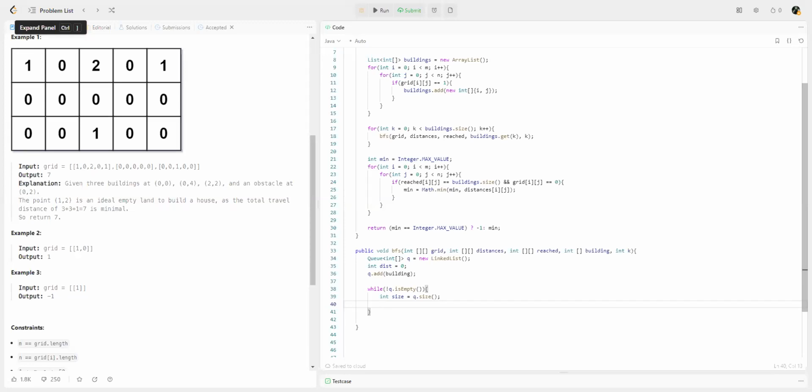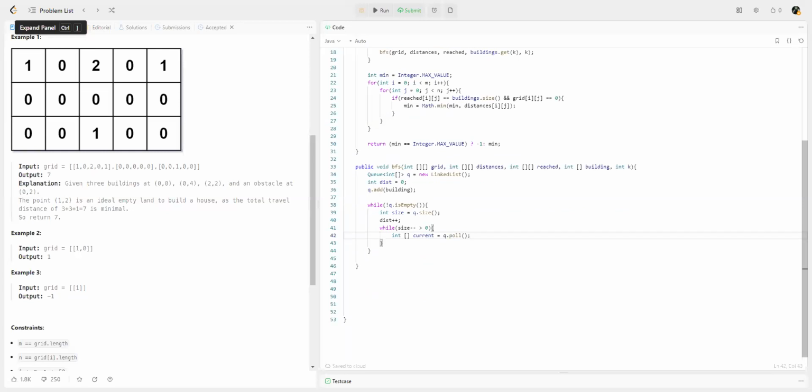as it demands, basically. So here then the distance, I want to increase it right now. This becomes one for every movement. And now I'm gonna have a simple while loop. While size is greater than zero, right? Then we keep pulling. Whatever we are pulling first, we're going to call it current, right? So q dot pull, right? Q dot pull, and after pulling, what we want to do then is to update the distances array with